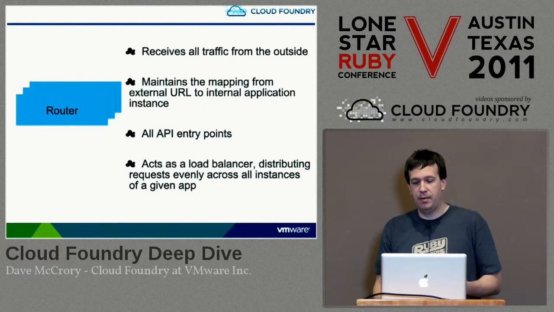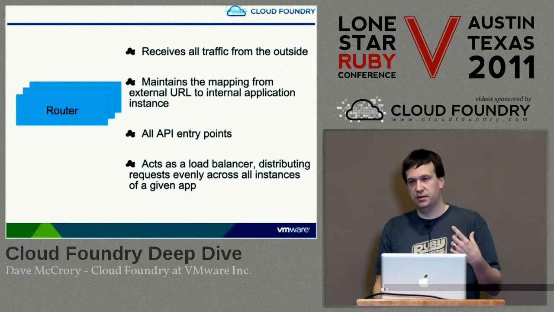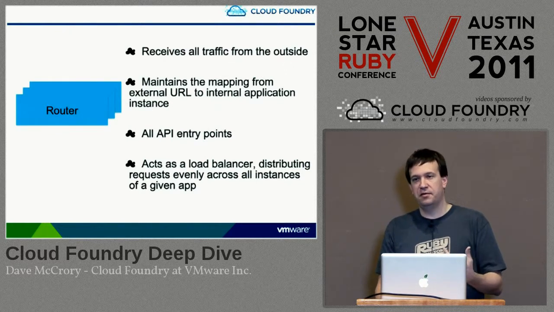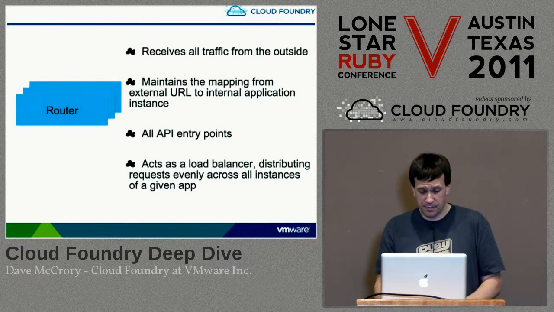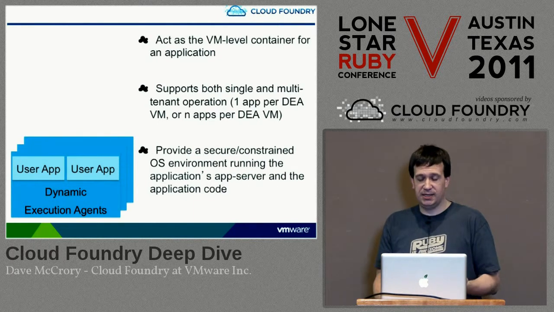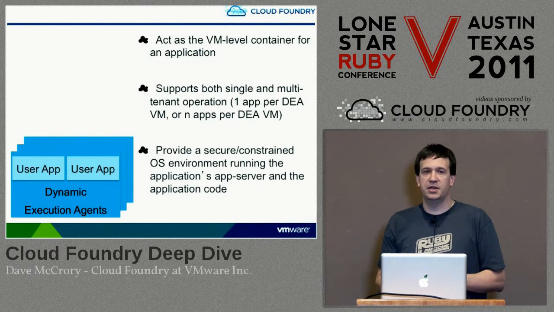Routers also deal with mapping of your URLs to the actual application instances. If your app is foo.cloudfoundry.com, for example, it's mapping that to the actual IPs and ports that exist against the DEAs that are spinning up these instances. So you have user applications that exist on the DEAs, and the DEAs can be run in